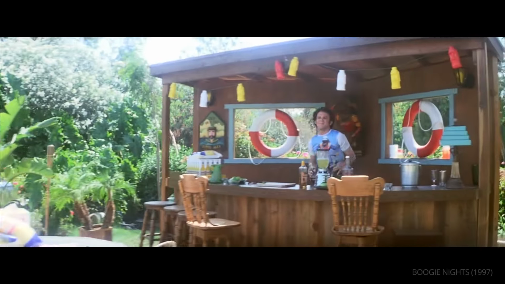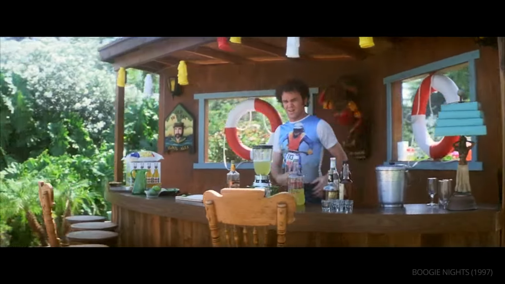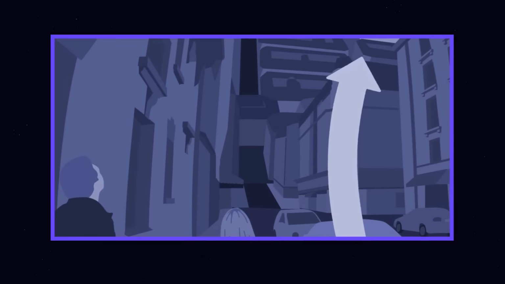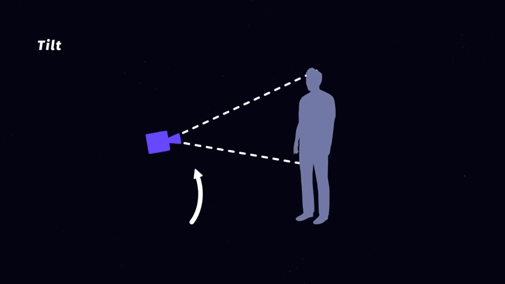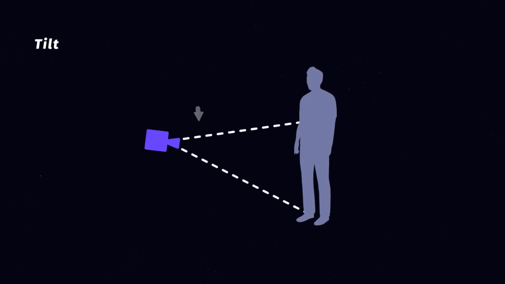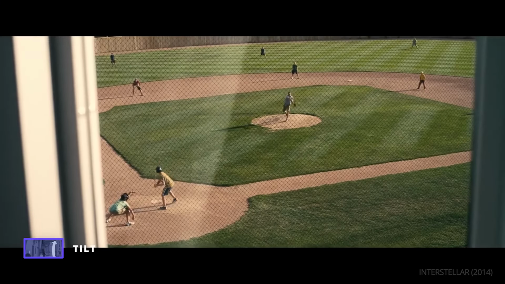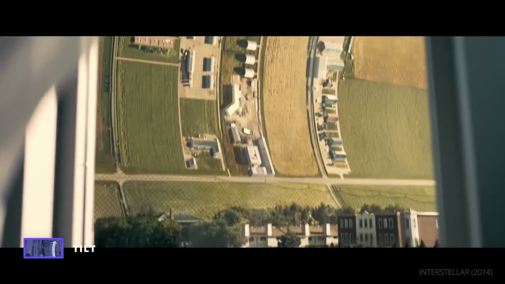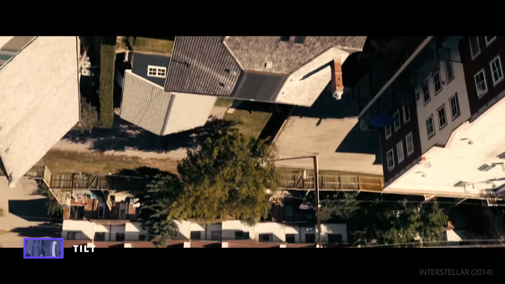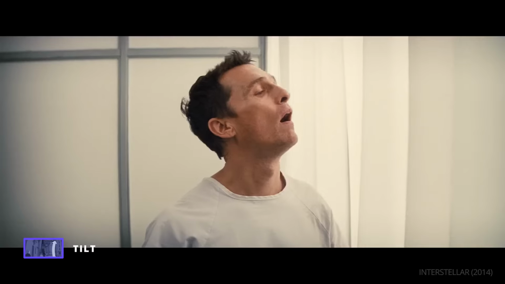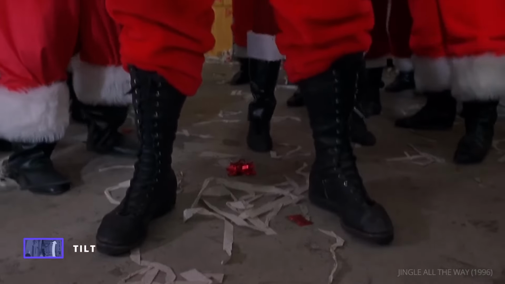Panning is ideal for horizontal movement. But what about the vertical axis? The tilt. A tilt directs the camera upward or downward. Filmmakers use tilts to capture the verticality of a film's world. This can be used to give a character dominance